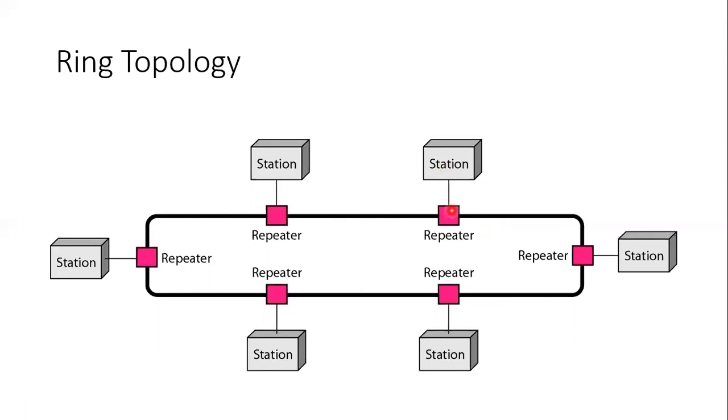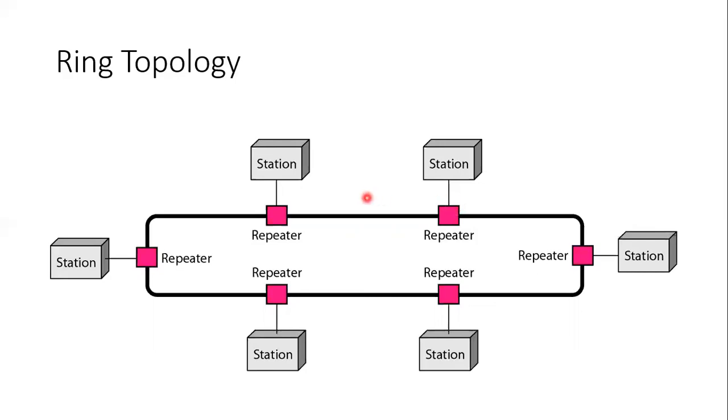The advantage of ring topology is that a ring is relatively easy to install and reconfigure. Each device is linked to only its immediate neighbor. Adding or deleting a device requires changing only two connections. Suppose we want to add a station in between, we use a repeater and then we can add a station. Suppose we want to remove this one, we can easily remove it. So adding and removing are easy. That is one of the major advantages.